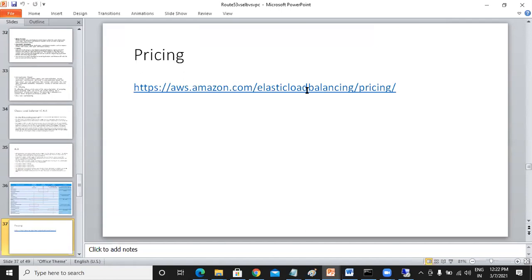And if you compare with other load balancers, there are so many third-party load balancers also available in the market. But this is a single point of contact which distributes your IP communication in the AWS platform, where you can define listeners and target groups and other things. The other good thing is that you can integrate your load balancer with your auto scaling also, which is one of the features which AWS provides.